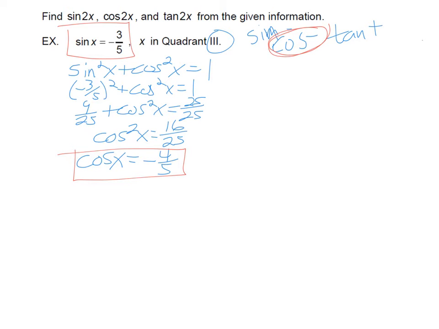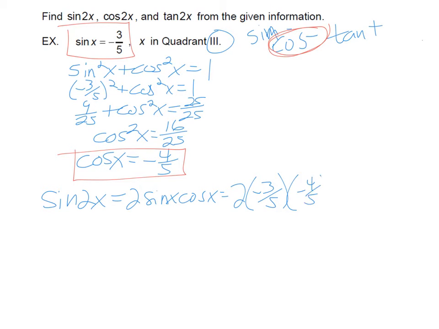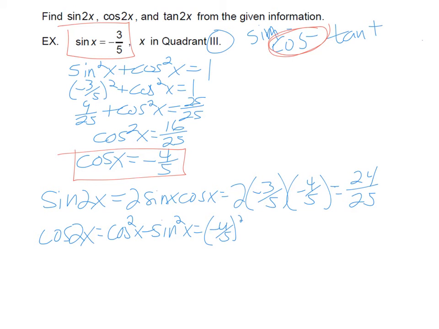Let's start with sine. The sine of 2x from the formulas on the previous screen is the formula 2 sine x cosine x. So that would be 2 times -3/5 times -4/5, which is 24/25. Cosine 2x has 3 different formulas we can choose from. It really doesn't matter. I'm going to use the one that says cosine squared minus sine squared. So that's going to be -4/5 squared minus -3/5 squared, which is 16/25 minus 9/25,